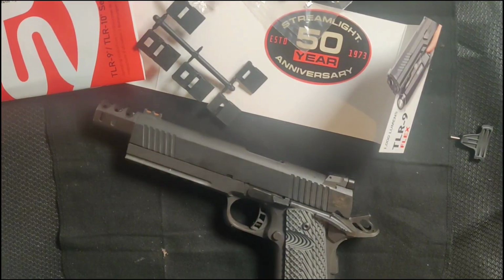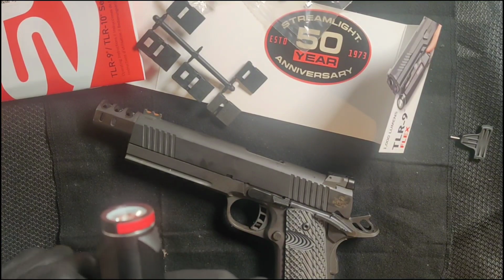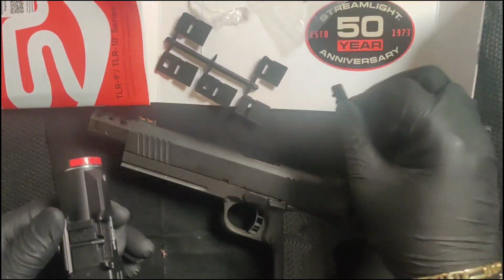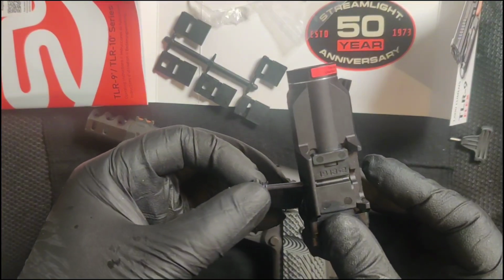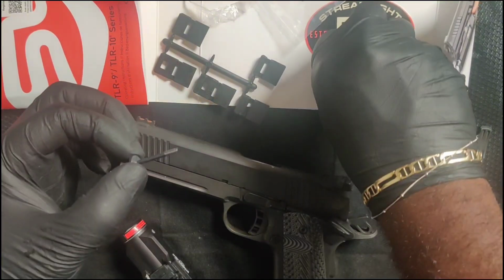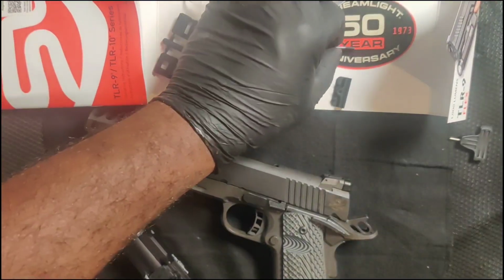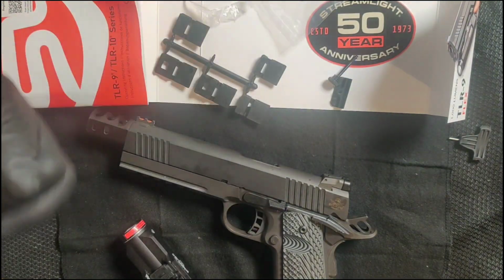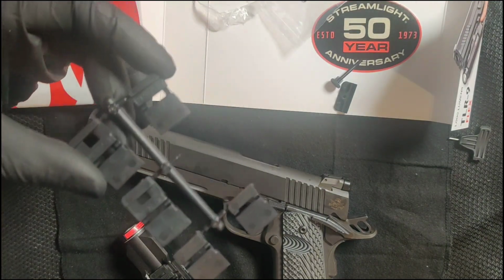Nope, that one doesn't work. At least not for where I want it lined up at. So, I'll take that off. Let's set that aside. Take the spring. Oops. Let's keep that together. I don't know if you saw the high power one. The recoil spring shot out on me. I said, oh shit. Let's try